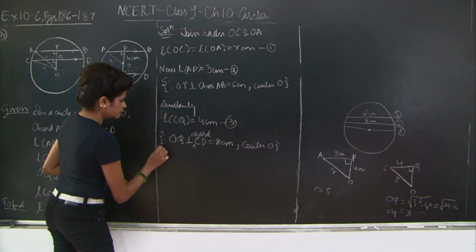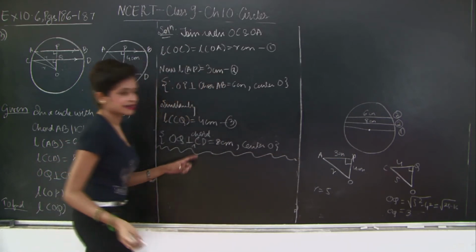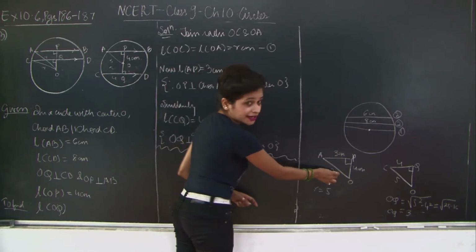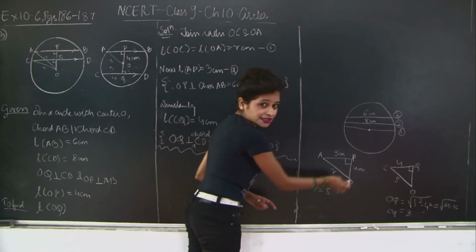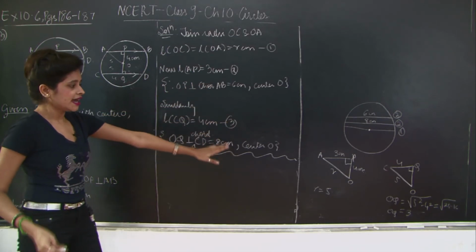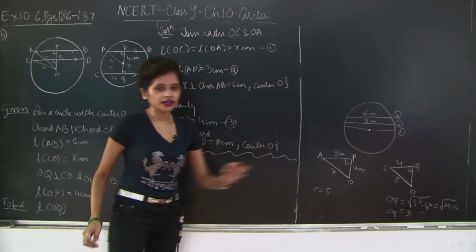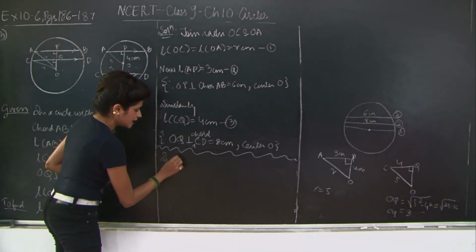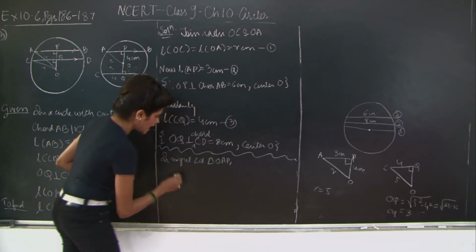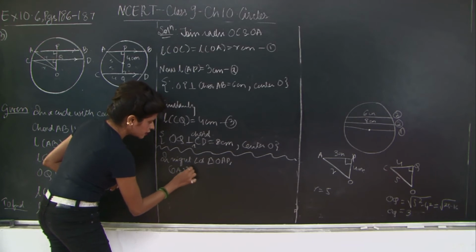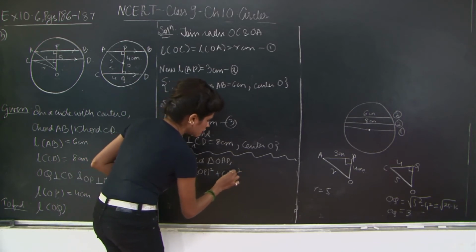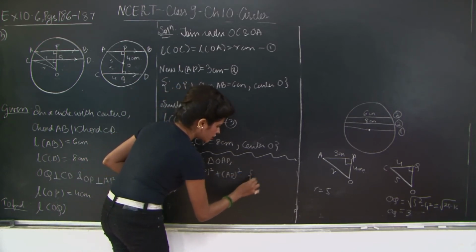Okay. So, you have what is needed, that is the radii. For this triangle, the radius is r, the length 4 centimeters is given, and you have found out the length of AP, 3 centimeters. So, let's go directly ahead and find the length of the radius. I'll say in right angled triangle OAP, I have OA square is equal to OP square plus AP square through Pythagoras theorem.